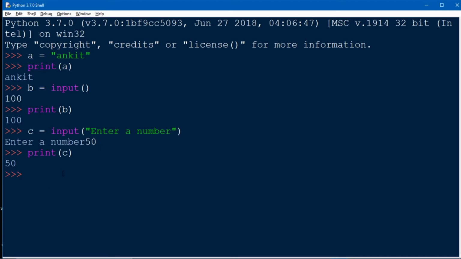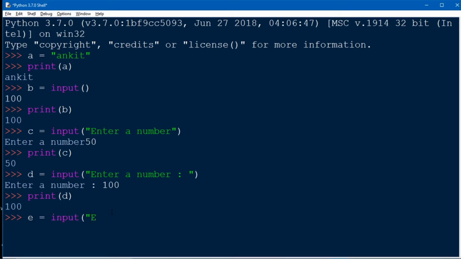To make it more meaningful, we can also play with our code to make our output look good. We can also use a semicolon or colon. Let me show you once. Here we can also take our input in the next line by just adding an escape sequence after our string. Just see, our input now comes in the next line, so we will print the value of a now. So we get our output.